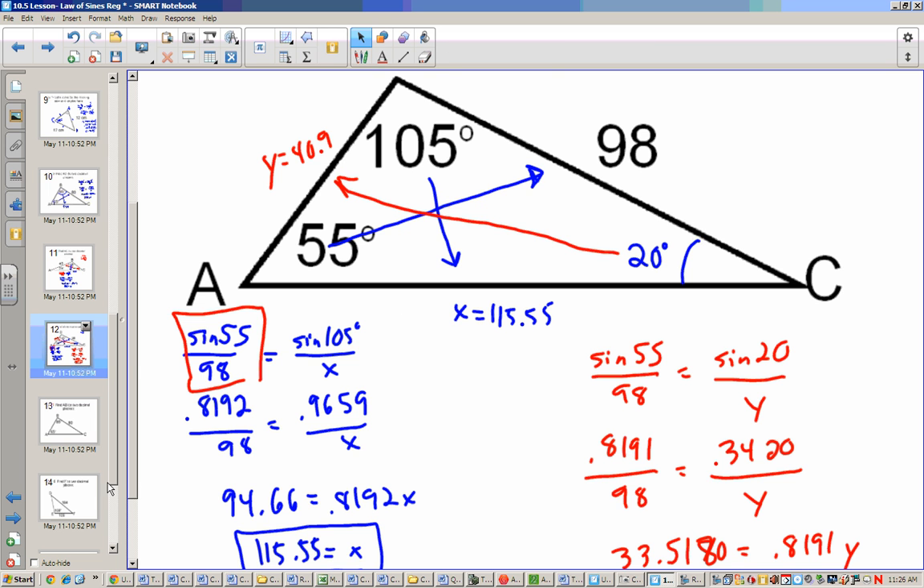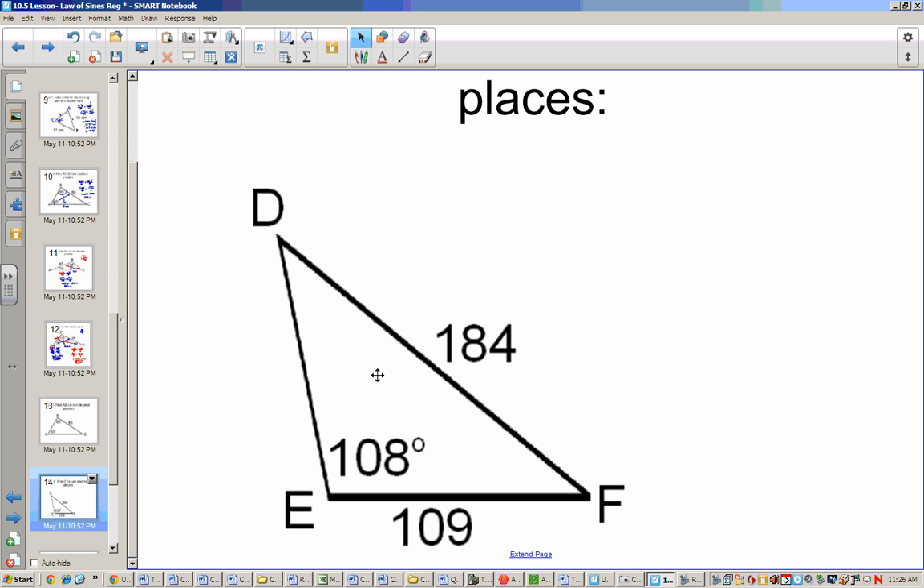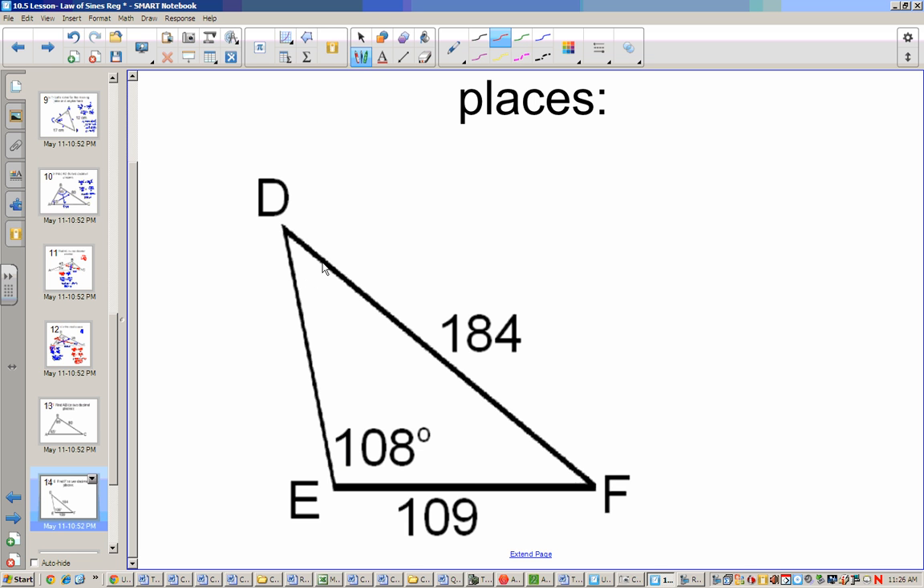Now I'm going to do one more problem like this. Find all of the missing sides and angles for this one. So I want to find D, F, and side DE. Now the first thing I would do is I need to find one of these angles. I'll find D. So I know 108 and 184 are across from each other. So I'll say the sine of 108 over 184 is equal to the sine of D over its opposite side of 109. So the sine of 108 gives us a value